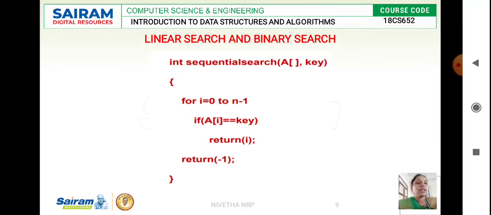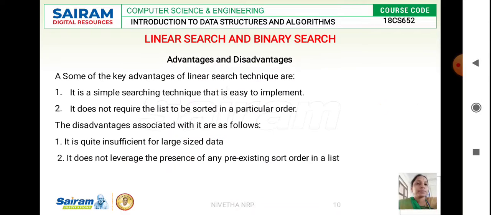To specify that, we give it as n minus 1, where n is the size of the array. If the element you are searching for is present at A of I, that particular index will be returned. Otherwise it will return -1, that is, the false condition. This is the routine we have for linear search.